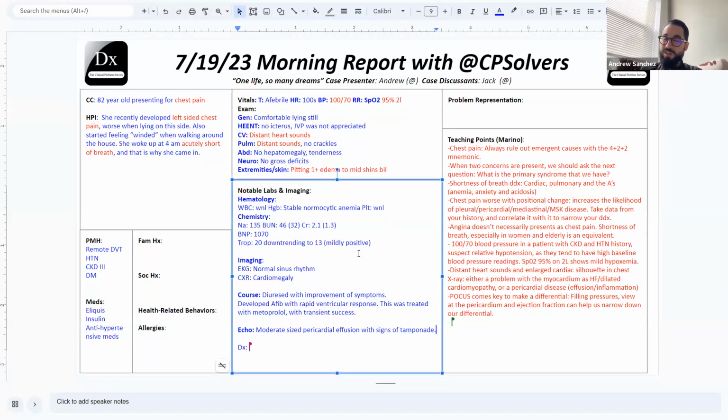I thought it was weird I couldn't hear her heart sounds at first, but it didn't prompt me to go grab an ultrasound or anything like that. I did feel this was just like HFpEF at first. I just didn't make that next step. And then I had a moment of panic when I realized we had been diuresing her over the past 24 hours and she was basically spiking these heart rate responses.